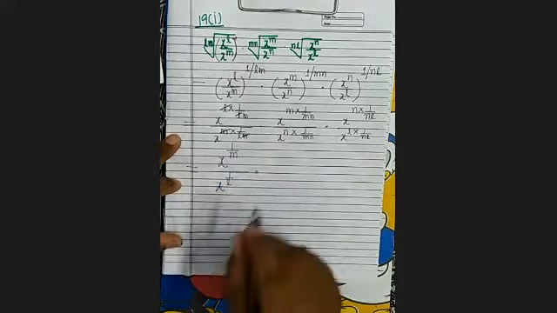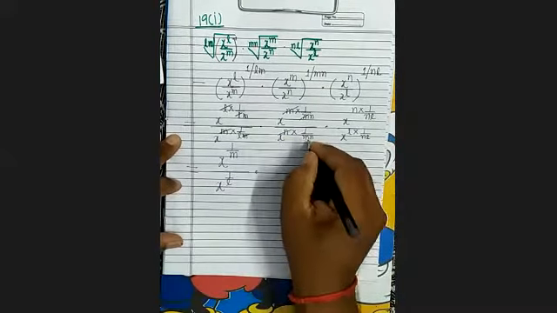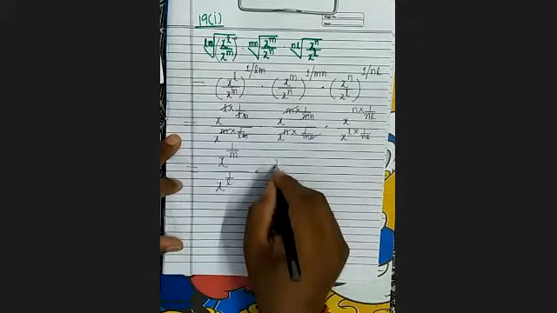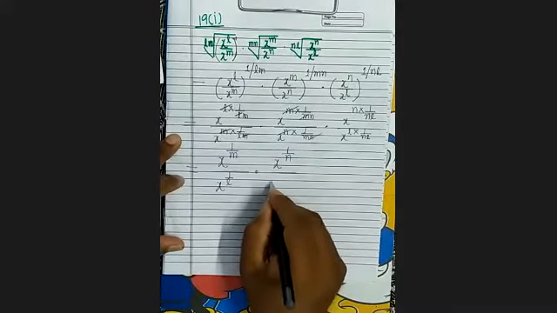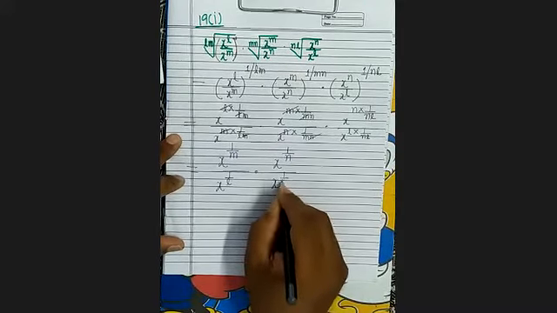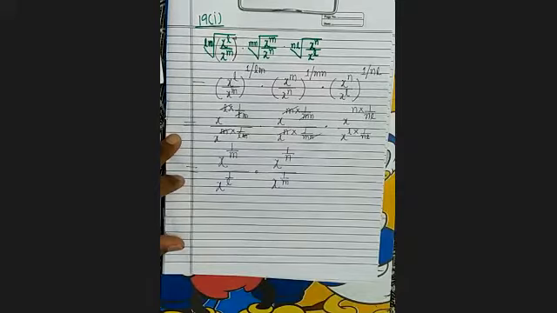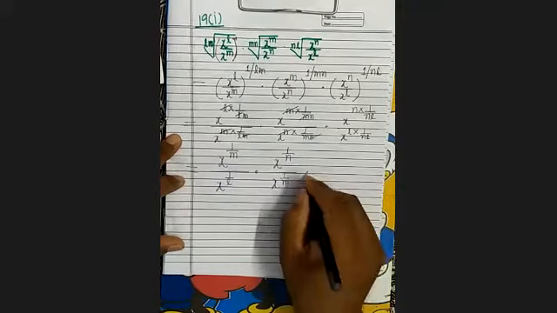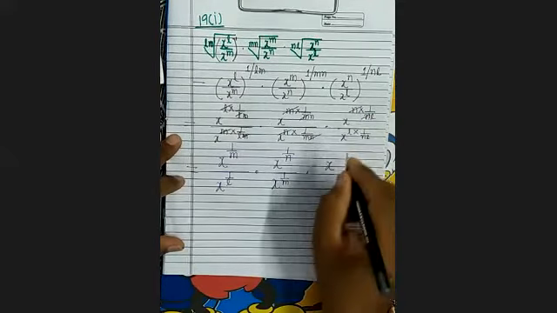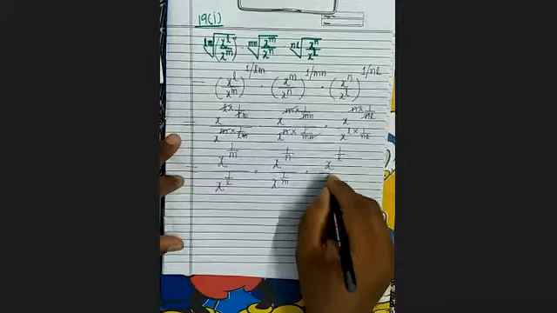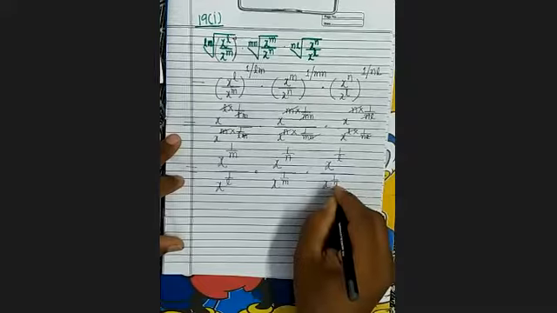Then you can see here M and M cancel, and here N and N cancel. So it is x to the power 1 upon N divided by x to the power 1 upon M. Then you can see here x to the power N and N cancel, 1 upon L divided by L and L cancel, x to the power 1 upon N.